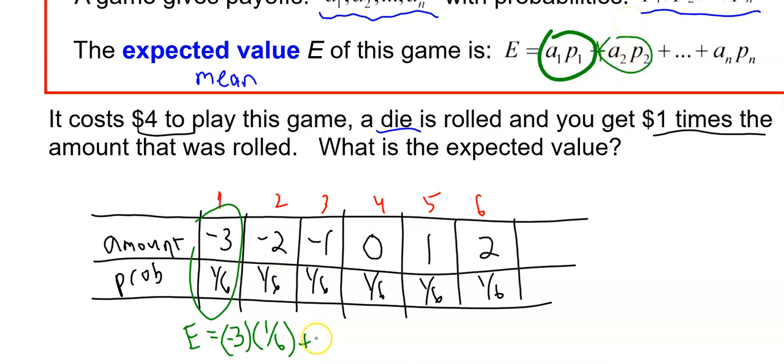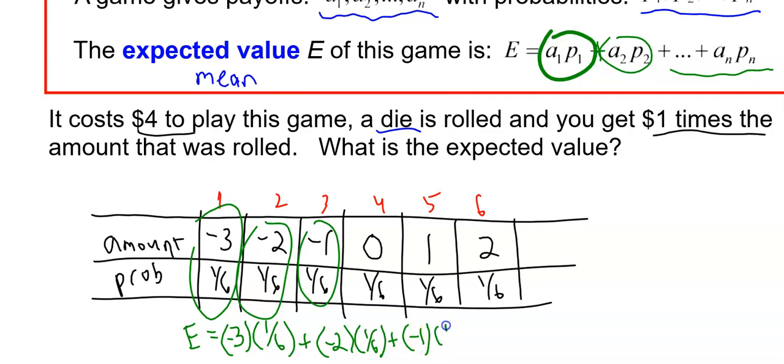So plus negative 2 times 1/6, plus dot, dot, dot. There can be many different amount times probabilities. You're just multiplying these two. Then add negative 1 times 1/6,